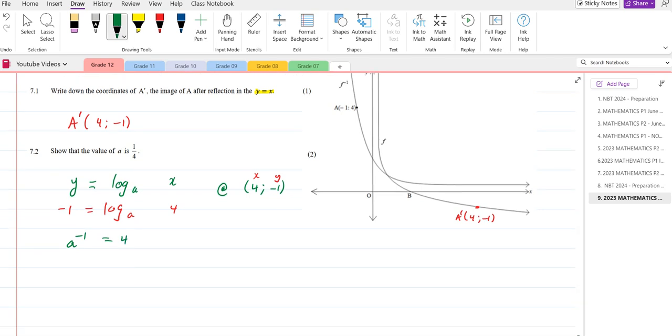Right, now if you raise both sides to the power -1, you're going to get a is equal to 4 to the power -1. Right, and 4 to the power -1 is quarter. So we got a as quarter. Right, so I hope you guys understood that. Moving on to the next problem,